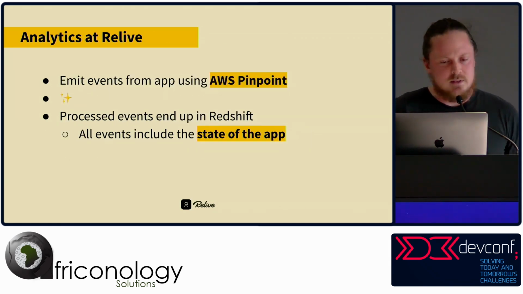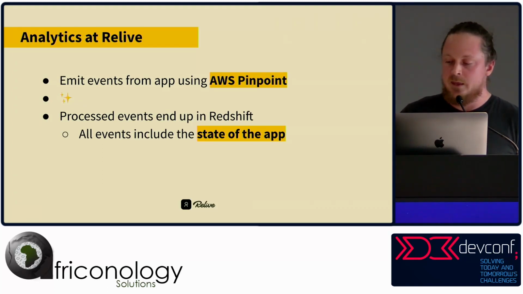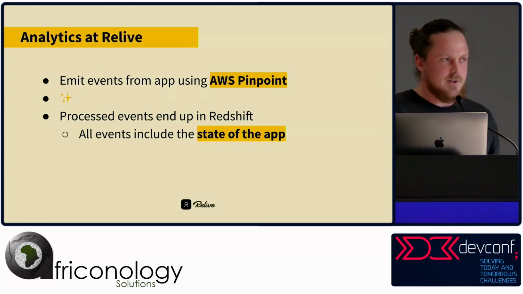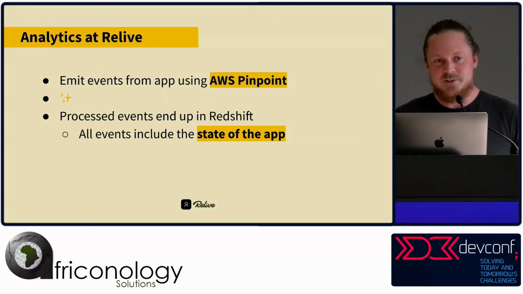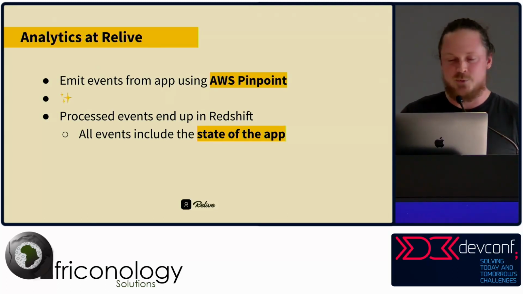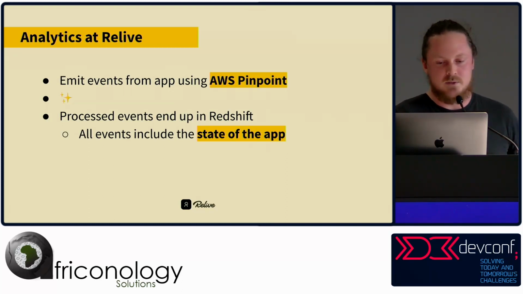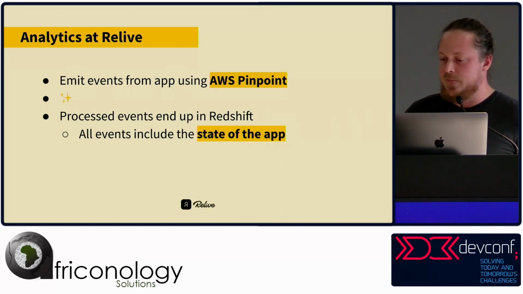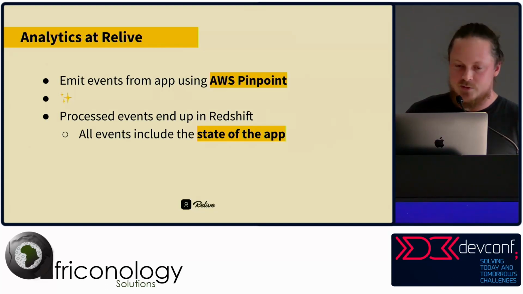So because of the importance of analytics at Relive, for each flow in the app, developers are consciously firing events to give us a lot of insight into how users are using our app. These events are passed into AWS Pinpoint, and from AWS Pinpoint there is some magic that probably warrants a talk on its own, so I won't dive into that here. But the point is, all of this ends up in Redshift, where there's some processing done on it,